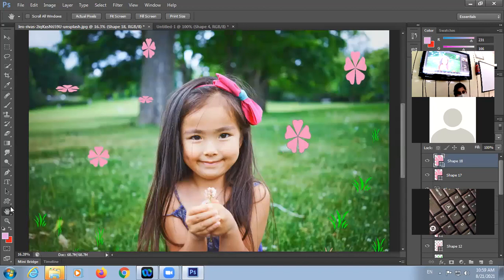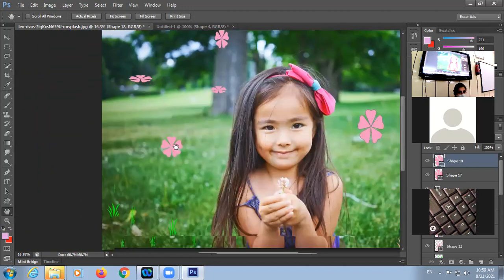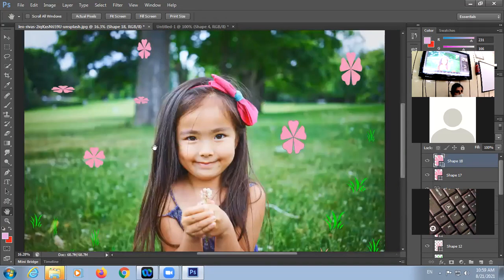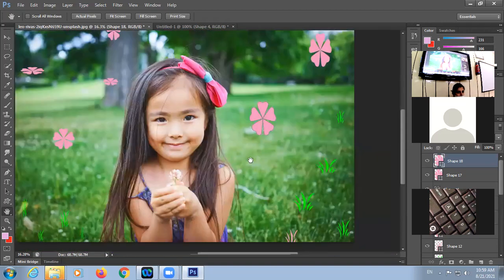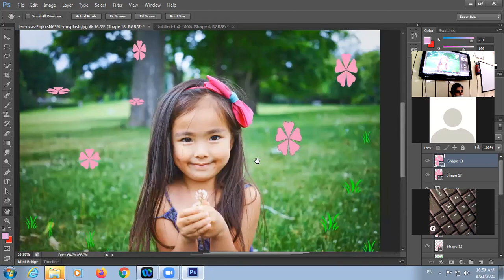Now next thing is the hand tool. From the hand tool you can also use it from here, right? If it is enabled here, then see, this way I can float my image. The second way to get the hand tool is you can press the space bar. So now I'm going to press the space bar. Simply with the help of the mouse pointer you can drag the image wherever you want to place it. So first method from the toolbar, second method pressing the space bar key.